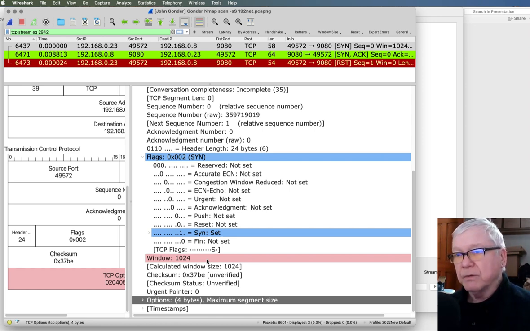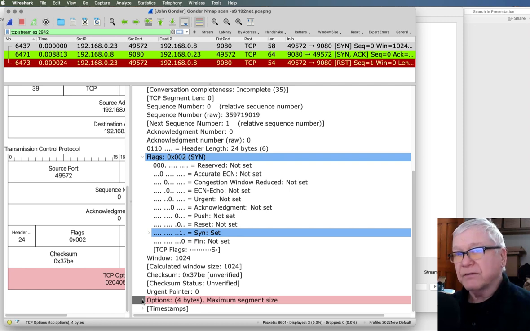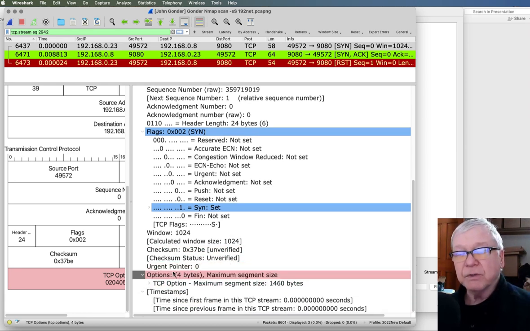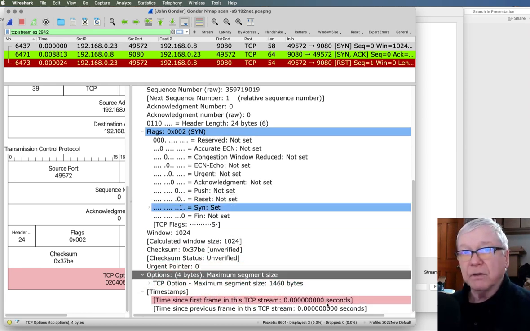This is not really normal. Normally, that's not a big enough bucket on this end to actually even hold one entire packet. So this is kind of bogus. And then there's a maximum segment size, but we don't really see anything else. We don't see whether it does SACK or not, selective acknowledgments.